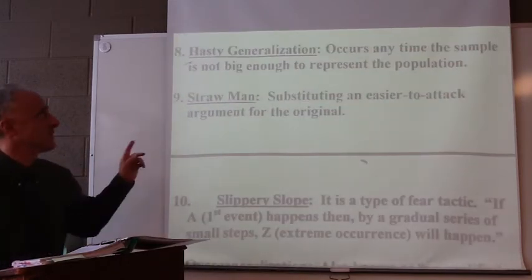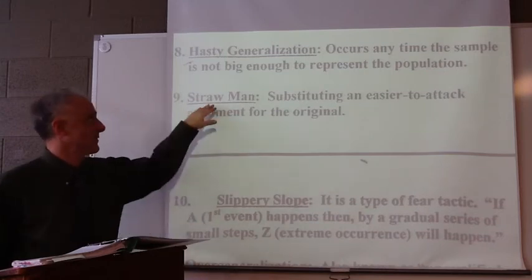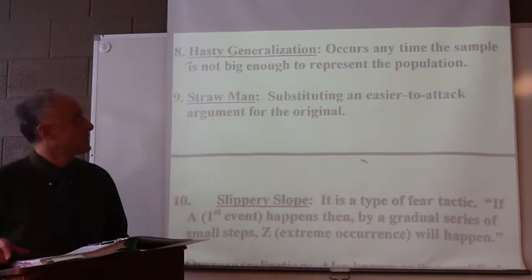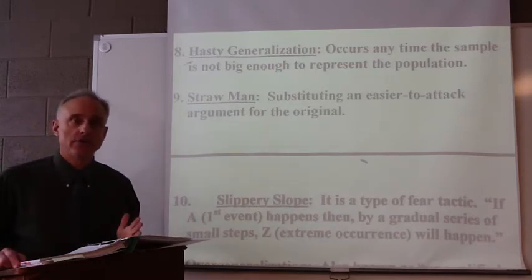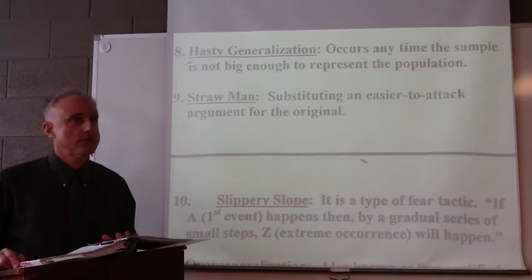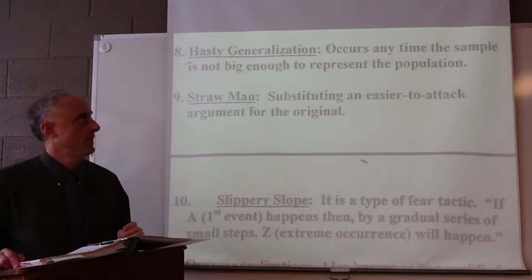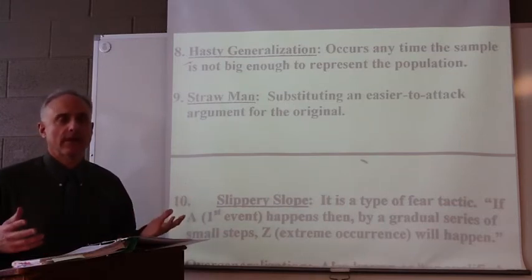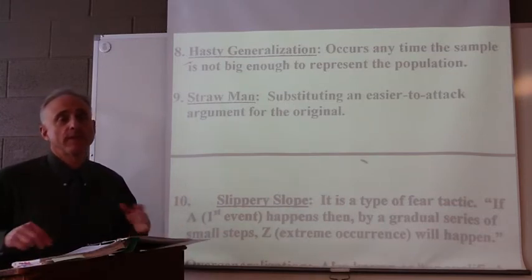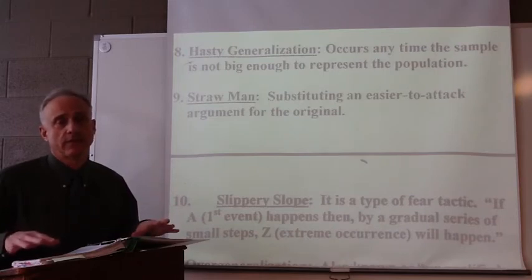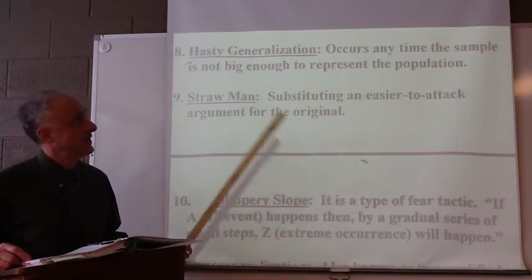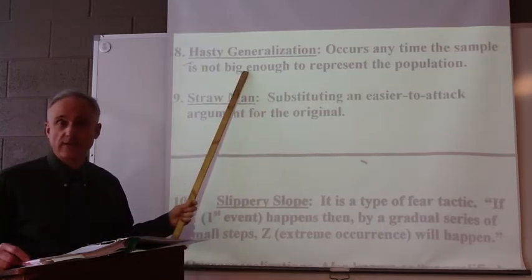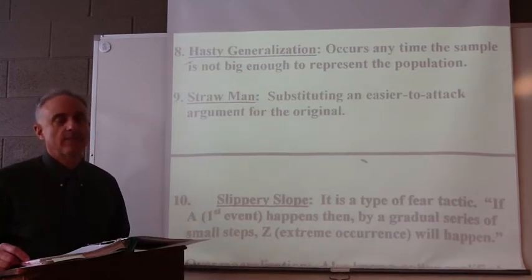Next one, hasty generalization. This will be the last one on this video, because I start with straw man on the second video. So hasty generalization. You draw a conclusion, but that conclusion is based on very limited information, so it's not valid. Either not enough people to create a sufficient sample, or maybe not varied enough sample to approximate reality. So, hasty generalization, I'm jumping to conclusions, in other words. For instance, it might be,